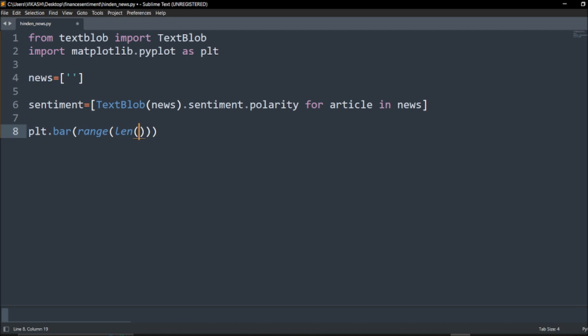If the text is longer, it should give a higher length, and if it is shorter, a lower one. And on the x-axis you will get the polarity. So we'll talk about the news, and then after getting the range and length, we have to talk about the sentiment. Super simple.